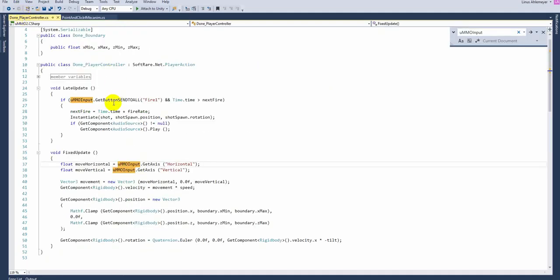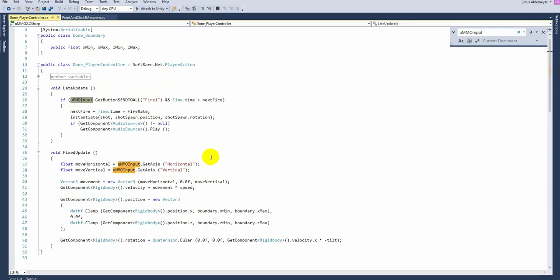So this is basically all of them in one. So basically only inherit from player action. You can then use the same callbacks or API calls you would use with network behavior, because player action actually inherits from network behavior. But it also adds this class,